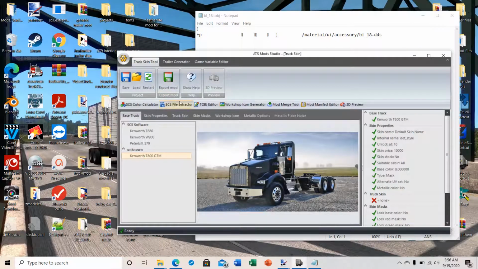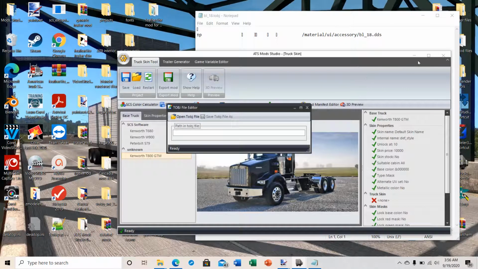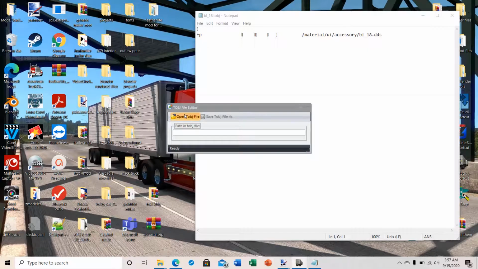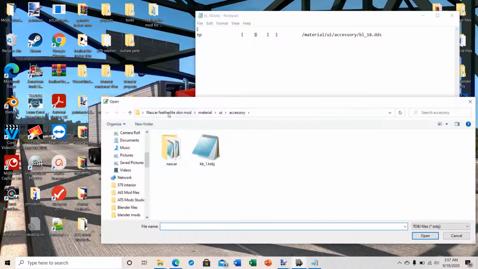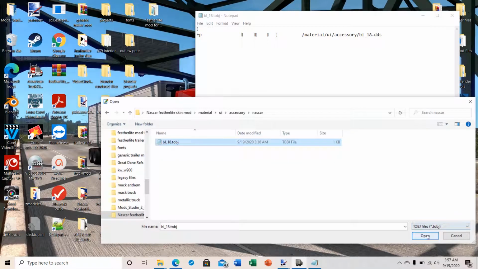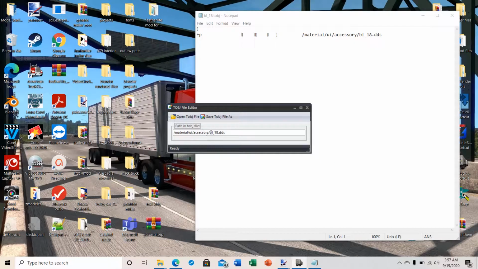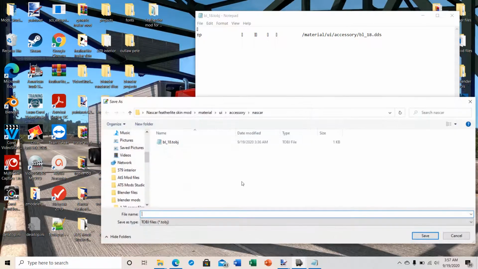So we'll open our TOBJ editor, and we'll open the right TOBJ file. And we just need to add the NASCAR subfolder in it. And then hit save TOBJ